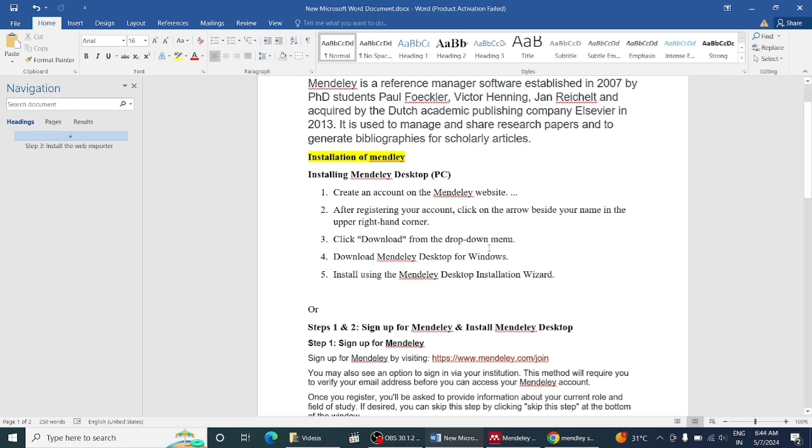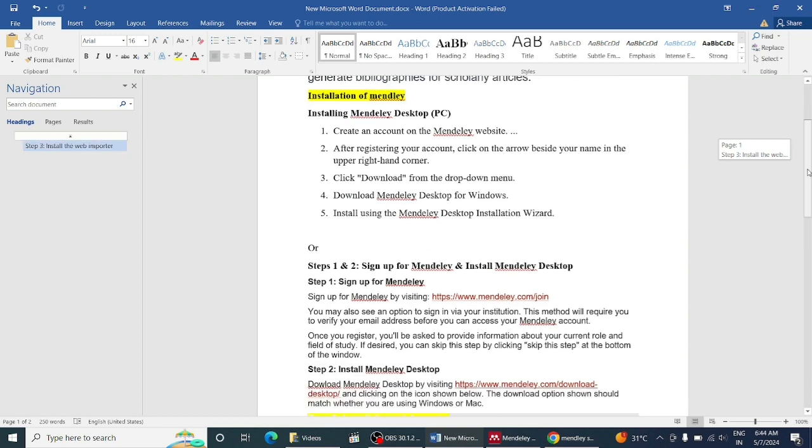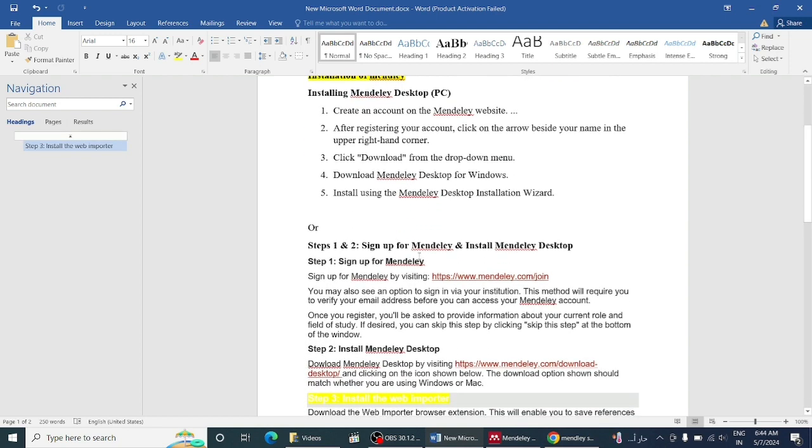What you have to do is first create an account on the Mendeley website. After registration, you need to click on the arrow beside your name. Then you will download from the drop down menu, or you can directly download Mendeley Desktop for Windows, and then you have to install the setup file. Or there are other steps also. You can follow the simple steps: first sign up for Mendeley, then install Mendeley Desktop. Okay, and you can use this website for